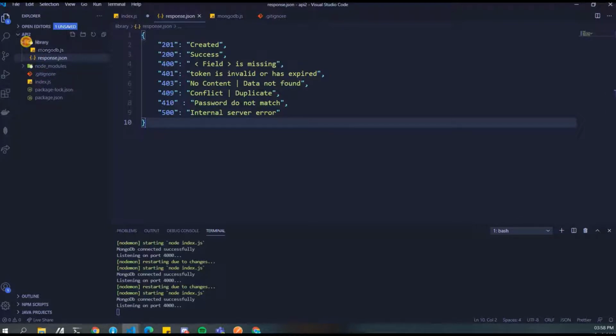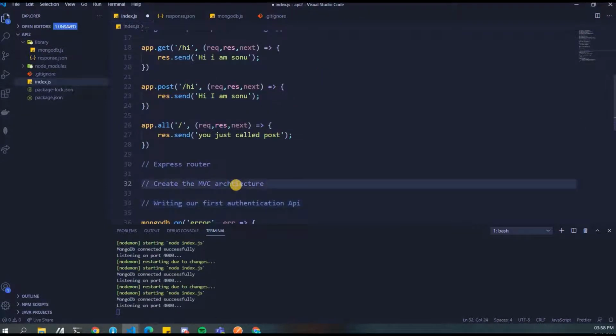Okay, so now once we are done with this, let's just save this and create a folder called models. Over here, models will refer to the schema that you want to create and which collection you want to target in MongoDB. Okay, so let's go ahead and create this.